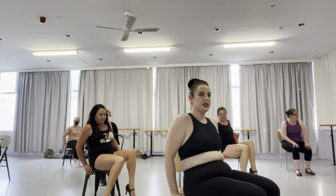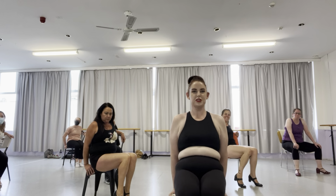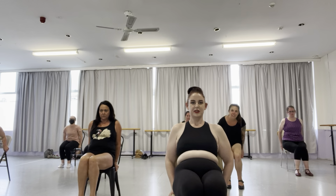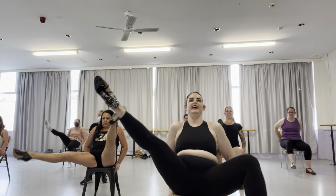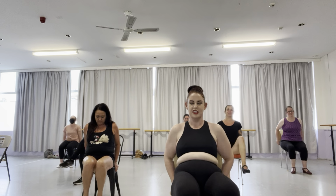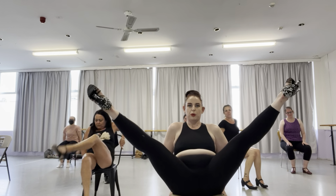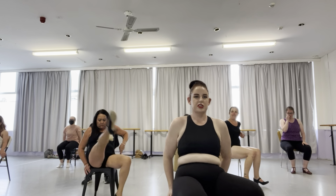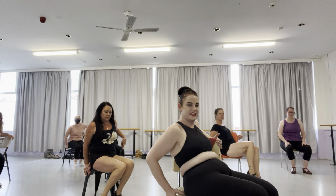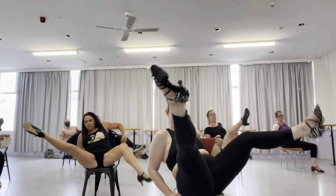So give it a go, but also, so you know I'm not talking shit, come to the front of your chair for a minute and sit a bit further back. Now go right leg, left leg. See how that is so much harder? I find that so much harder because I'm so much more crunched up here, whereas when I'm here, I'm a little bit more relaxed. So grab yourself, right, left